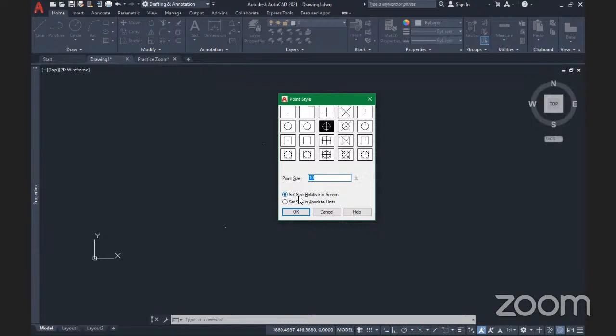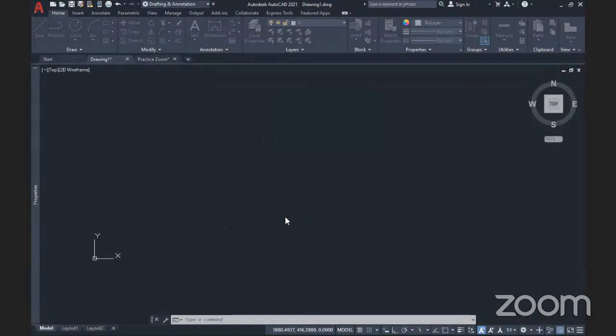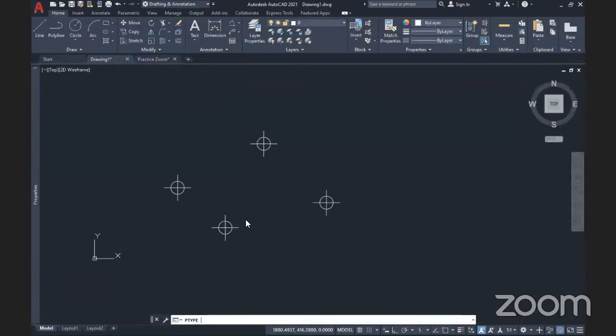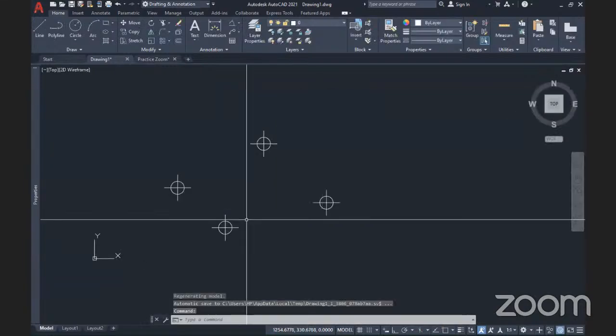As you can see, it's set size relative to screen, so it will be 10% relative to the entire screen size. Now, if I say OK, you see what happens there? It takes up 10% of the entire drawing area. So now,